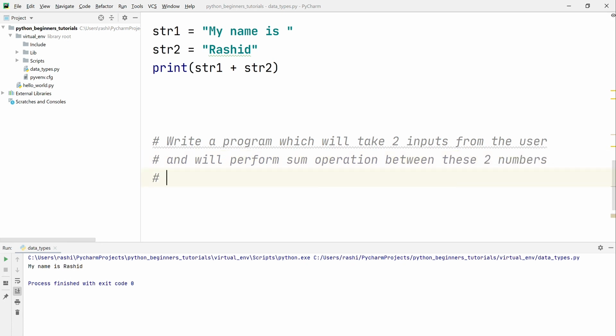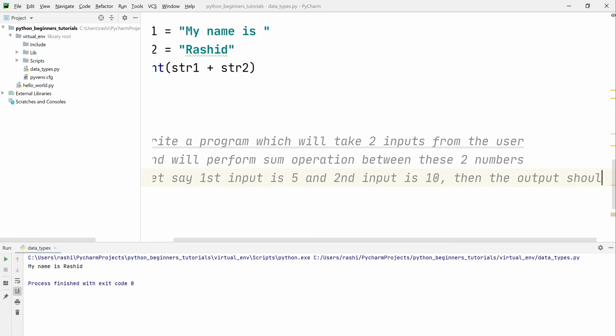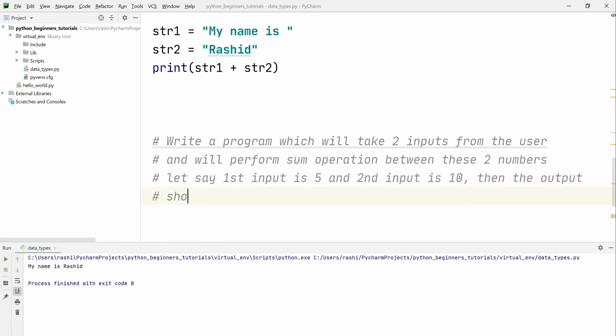Let's say the first input is 5 and the second input is 10, then the output should be 5 plus 10 is equal to 15.